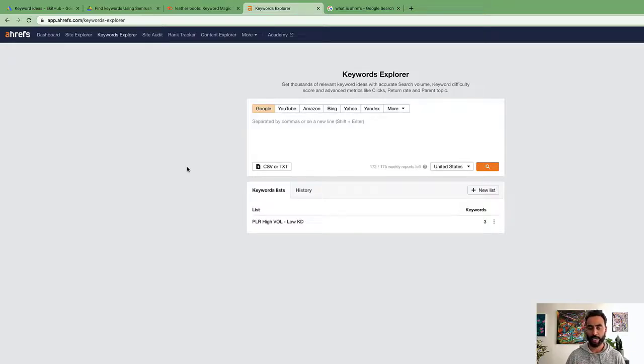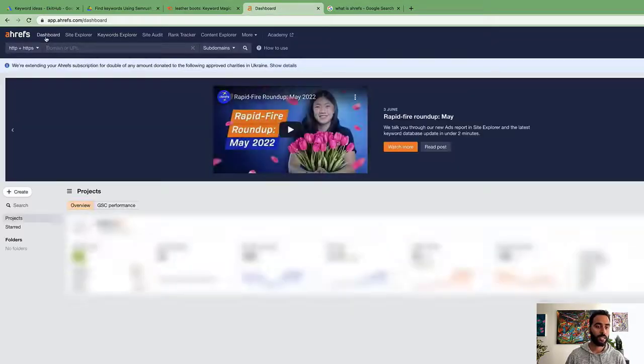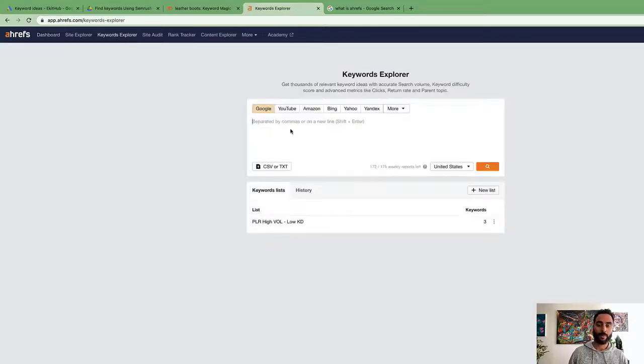Once you log into your account, you will get to the dashboard that kind of looks like this. Once you get to the dashboard, if you want to do a keyword analysis, or if you want to look up keywords for your ad campaign, for your posts, articles, you start your research by clicking on Keyword Explorer, and when you get to this page, you choose basically